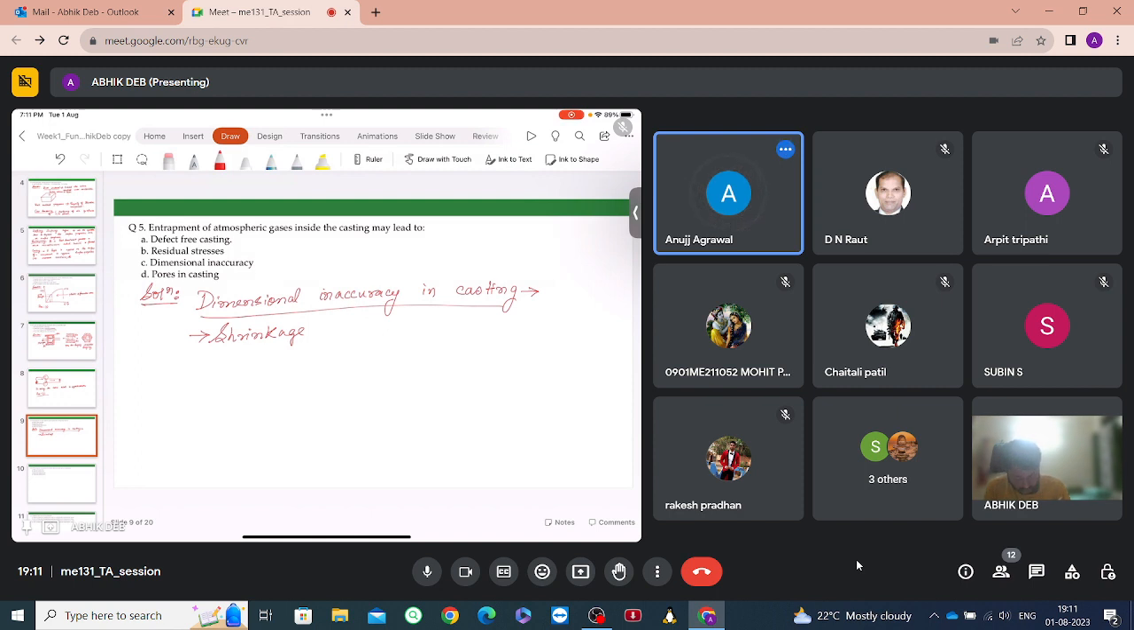So if maybe there will be entrapment of the atmospheric gases, then there would be inaccuracy in the dimensions. Okay. But I am saying the thermal expansion coefficient from solid to liquid is different. That is actually being taken care of in the allowance. What other things are not taken care of is